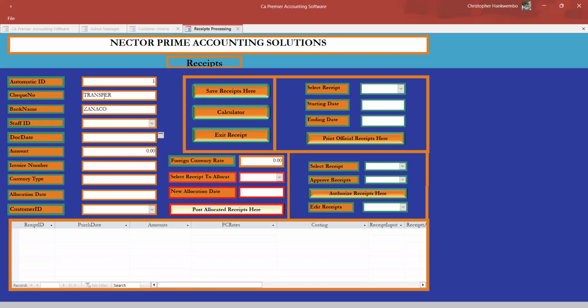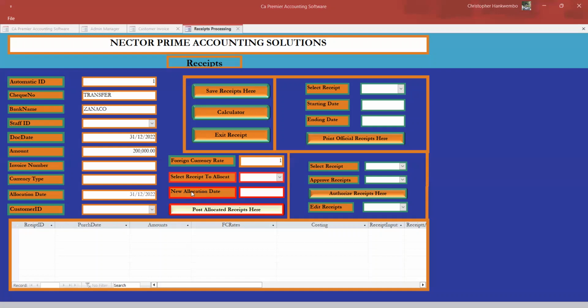Then here you put the date, which is today's date. So how much have they paid? Let's say instead of 225, they have paid 200,000 only. Exchange rate: let's assume this is kwacha, they have paid in kwacha. Or do you want it to put us in dollars as well? Dollar is fine. Since they have paid in kwacha, the exchange rate will be 1 here, because it's 1 to 1.